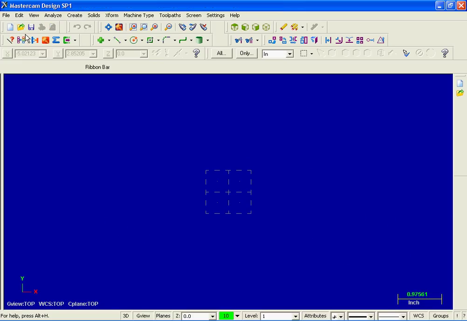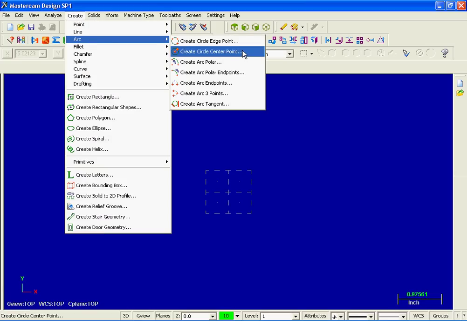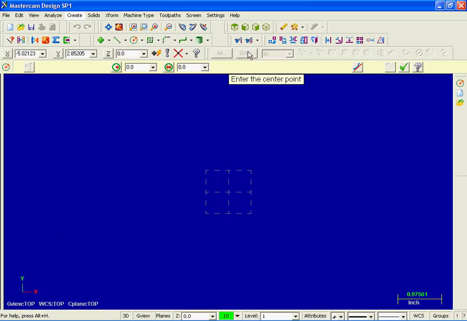and click on the icon for new part. The first thing that I'm going to do is create the two 1/2-inch diameter circles. I'm going to move into create arc, and then second on the list, create circle center point. Now moving up to the ribbon bar, the first thing I'm going to do is set up the diameter. I'm going to click in the white space and input 0.5, enter,